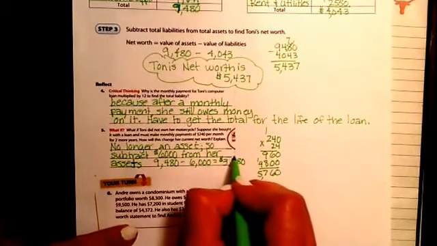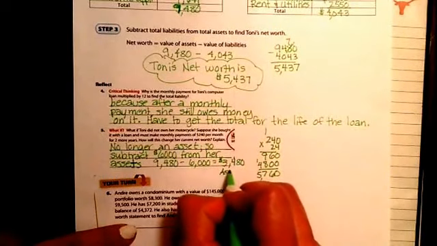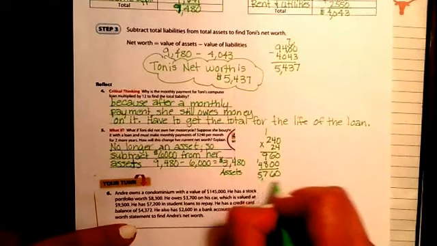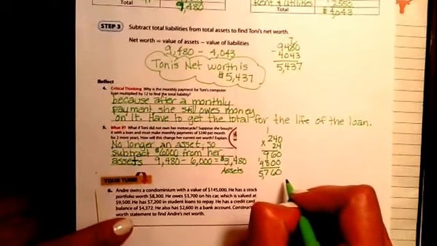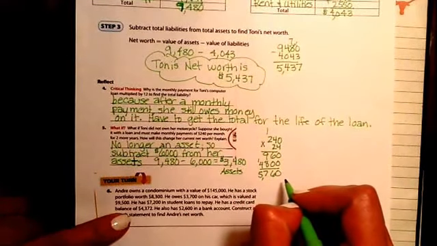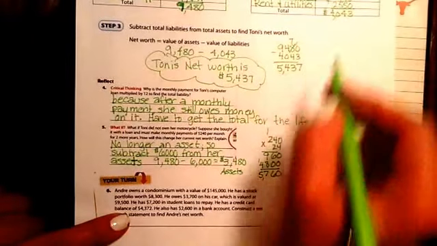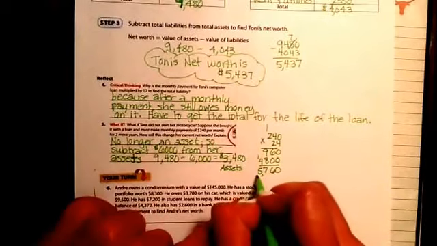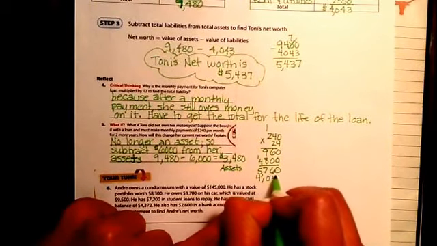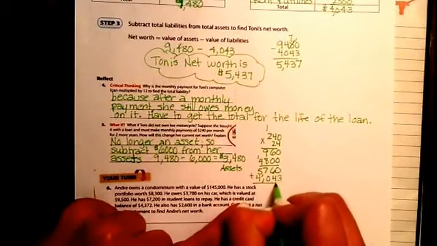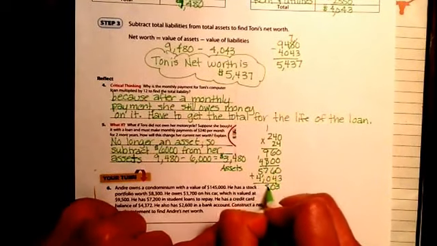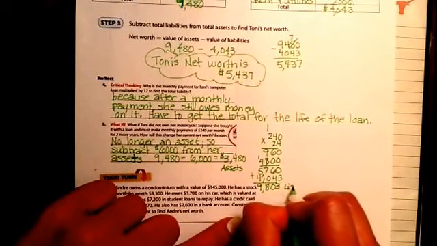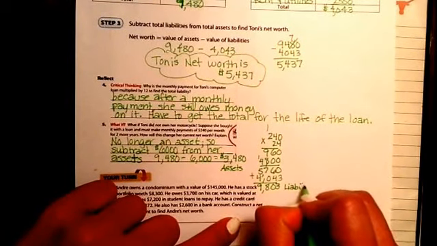So if this is her new total assets, and this is going to be added on to her liability, well, her liabilities were already at 4043. So we're going to add the 5760 to 4043, and this is going to be the new total of her liabilities. So we're going to go ahead and label this liability.